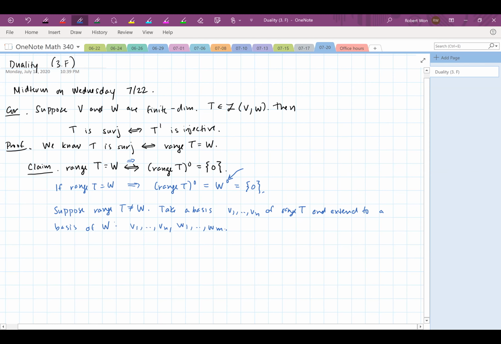Okay, and since the range of T isn't everything, it means there's at least one W, right? So since we're assuming that range of T is not equal to W, there exists at least a W1, right? We have a non-empty list. And the point is now we can construct a linear functional that vanishes on these guys, but doesn't vanish on any of those. Okay, so then we can construct a linear functional